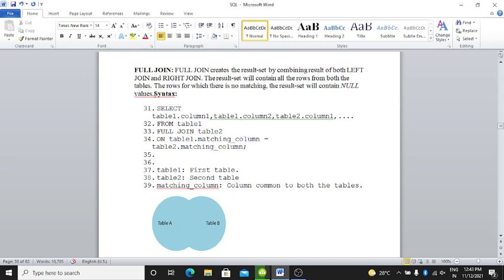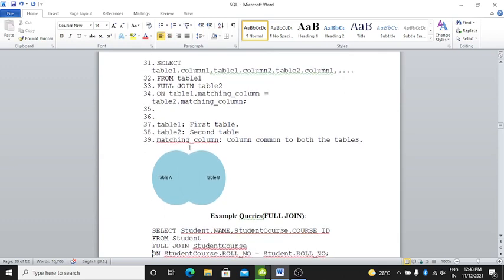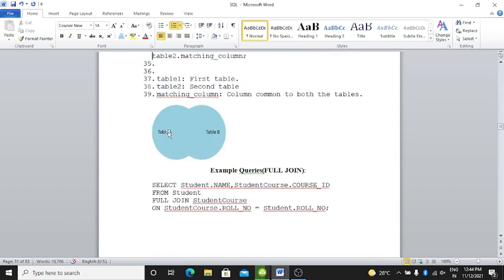Here is the syntax for the full join. Select table1.column1, table1.column2, table2.column1, and so on. From table1 full join table2 on table1.matching_column equals table2.matching_column. Table1 is the first table, table2 is the second table, and the matching column is common to both tables.